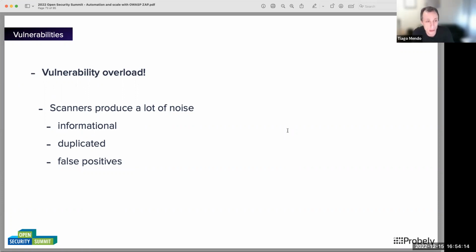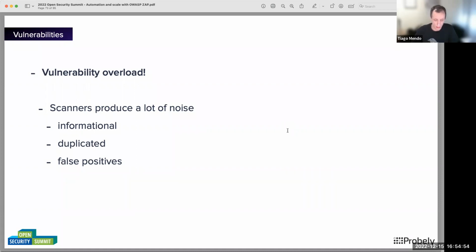Thanks. So most security tools, as most of you should know, produce a lot of noise. And that's kind of normal, because most of them are built for the pen tester, for someone that is doing a manual job and wants to be aware of all the weird stuff, like, I don't know, that request is missing the content type. Let me look at it. I don't think in reality pen testers really look at those unless they are testing the most critical application on the planet. But the fact is that scanners